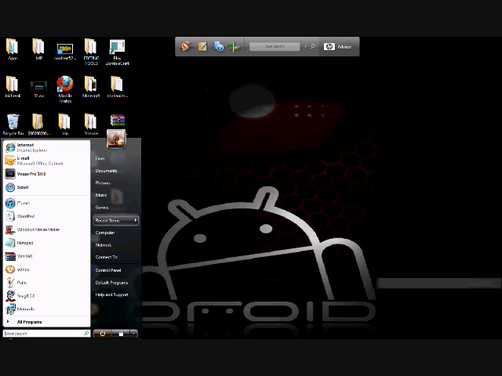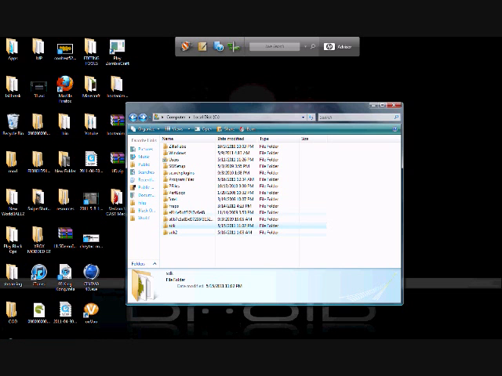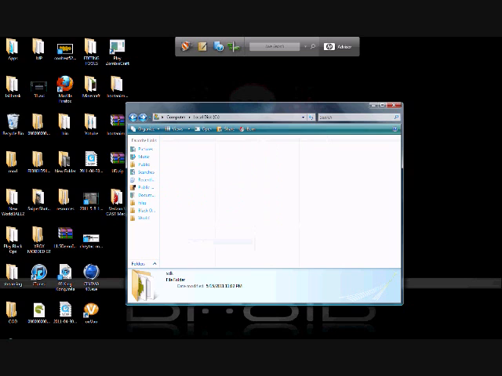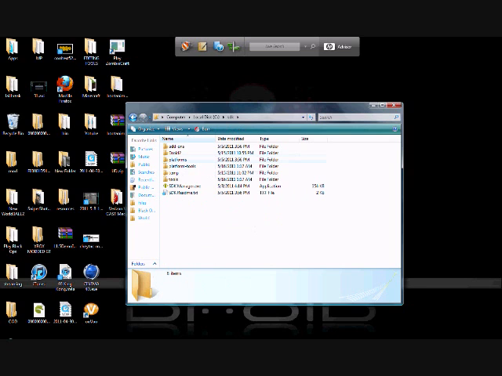SDK files first. Find it, and then go to your local disk. C, it should be C, and then you rename it to SDK and move it into your local disk. Once you have the SDK file in your local disk, then you make a new folder called Droid2, and you get the